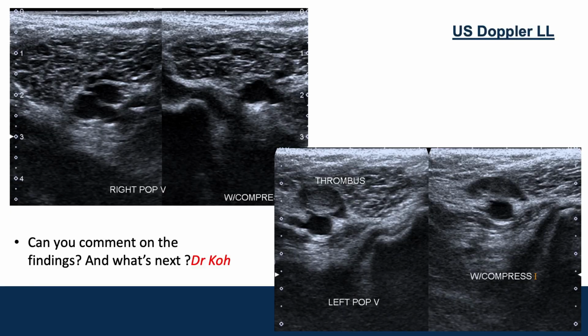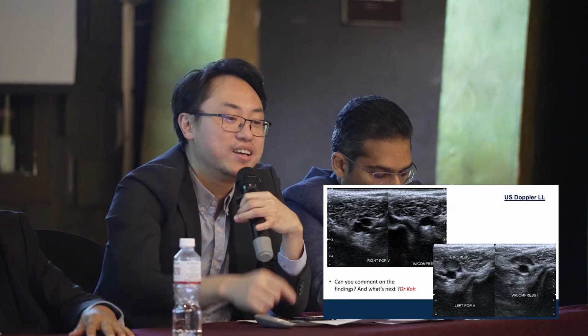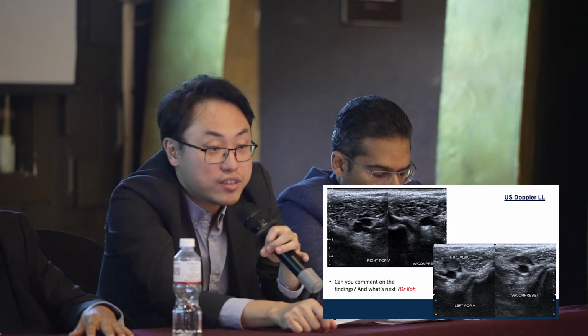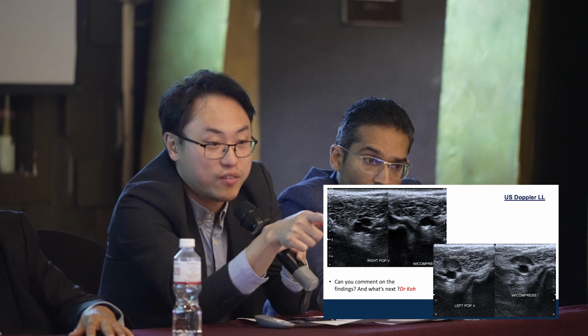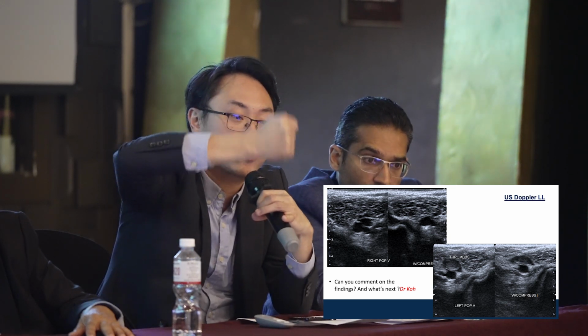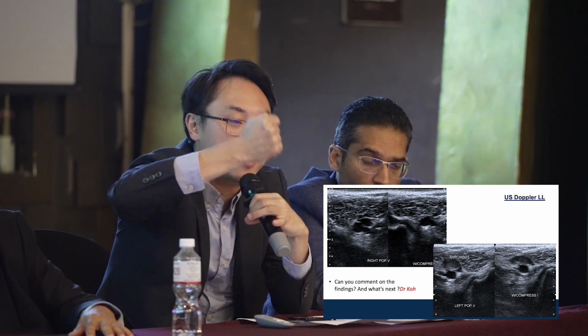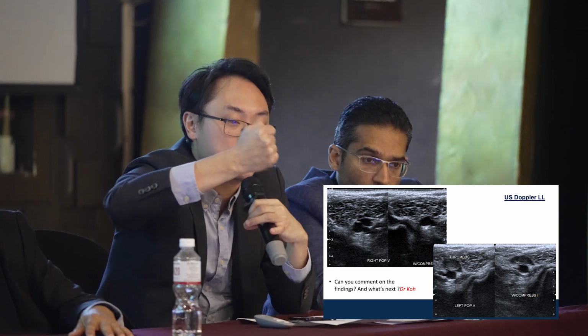ultrasound, the one that is dark color is the vein. So sometimes when you compress the vein with ultrasound, you want it to get compressed because the vein is very compressible. So you can even see that there's a thrombus there to begin with already. Yep. And then you can't even compress the vein. So most likely, you know that you are dealing with some thrombus there.